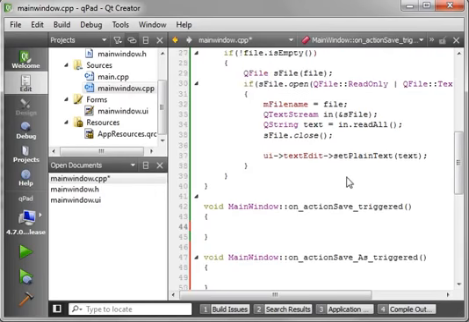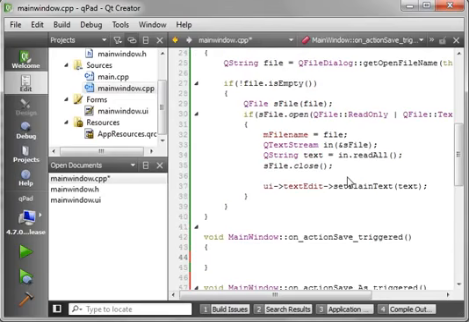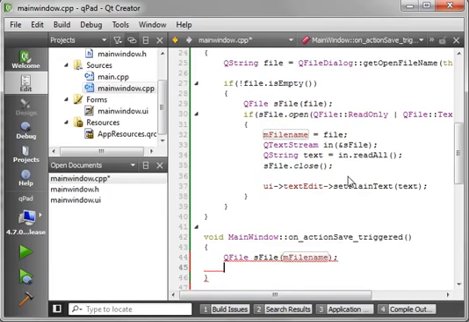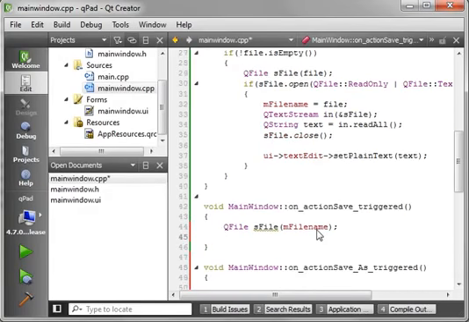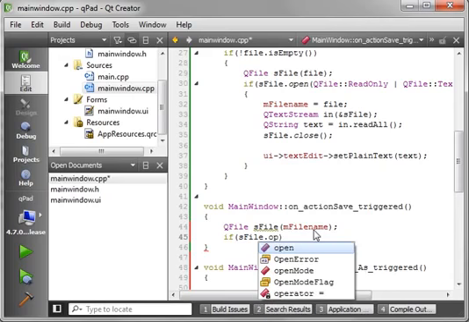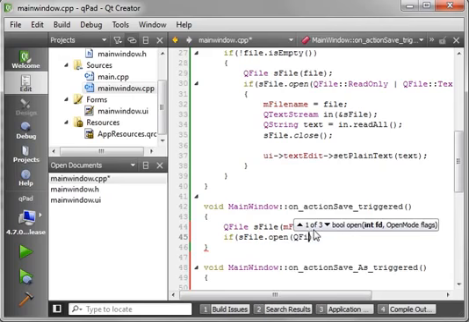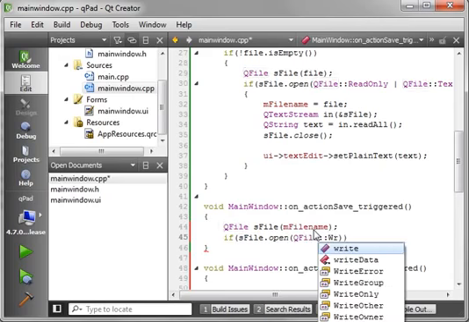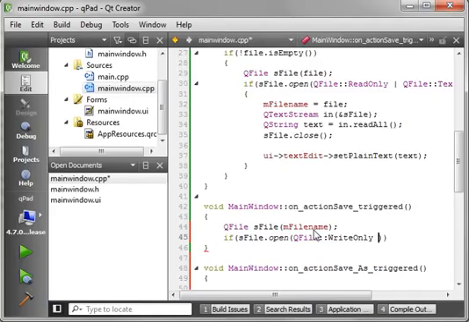So let's just write the save code and verify that that works. So we're going to make a QFile, and just call this sfile for that, and we want mfile name. And I know some of you are probably screaming at my variable names. I'm very tired right now, so bear with me here. Whoops, there we go. Open, and we want QFile, and we want write only. We want to OR that with QFile